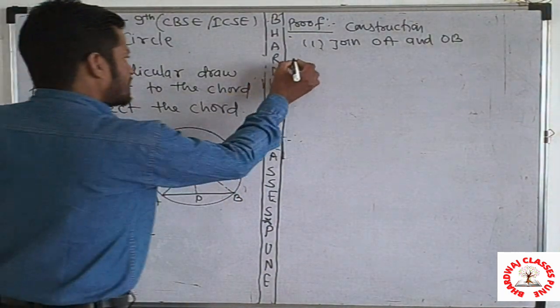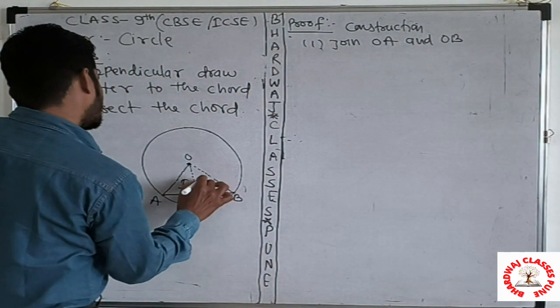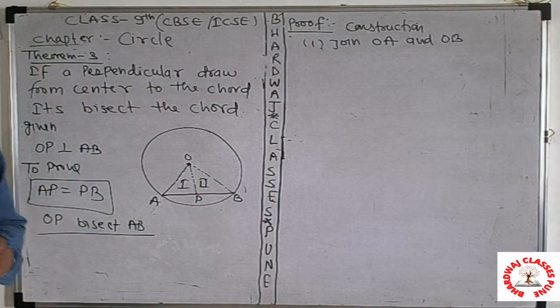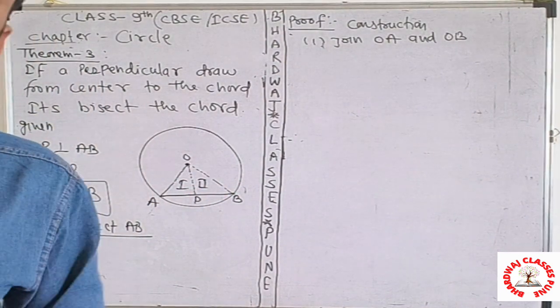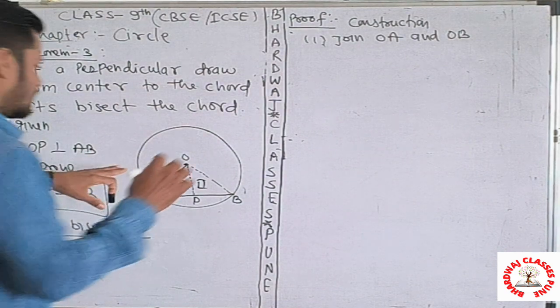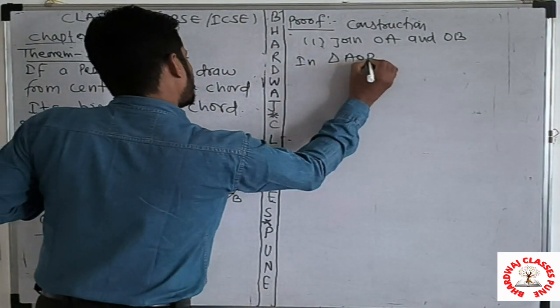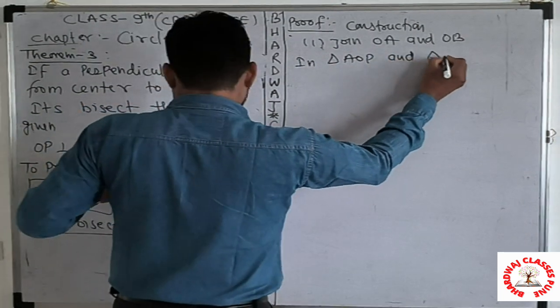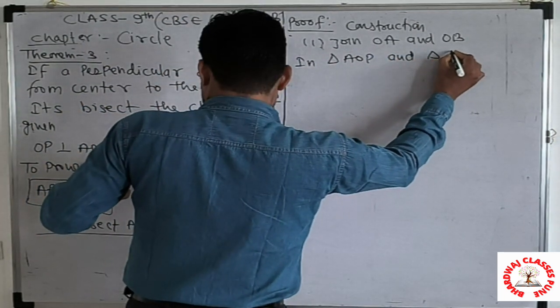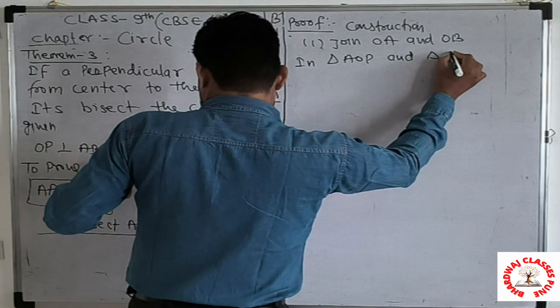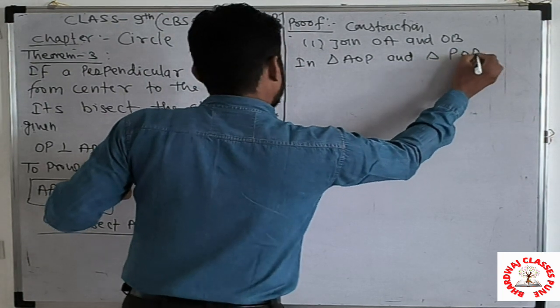Now see, take two triangles again. This theorem is again based on the congruency of triangles. So in triangle AOP and triangle POB,